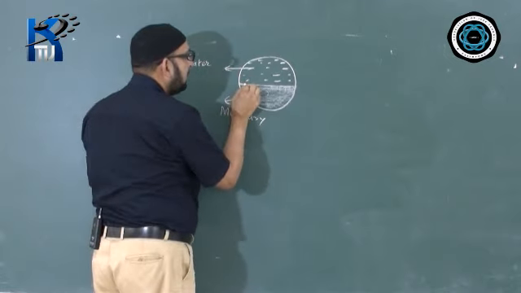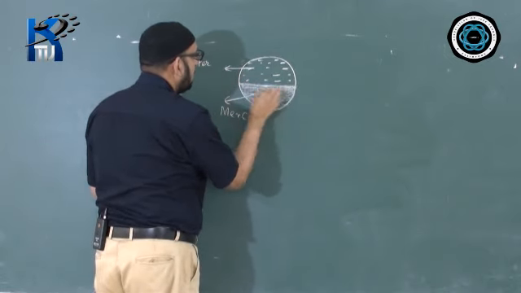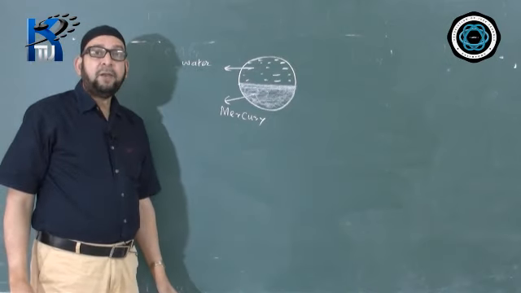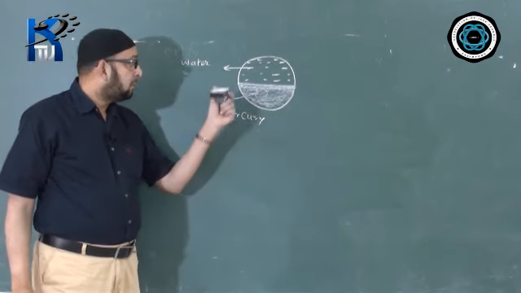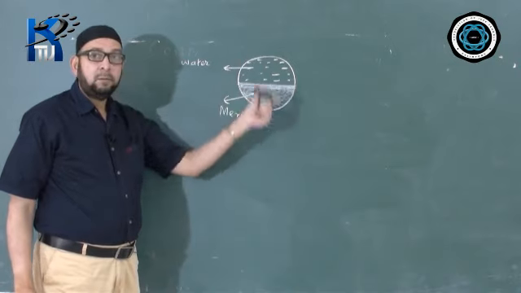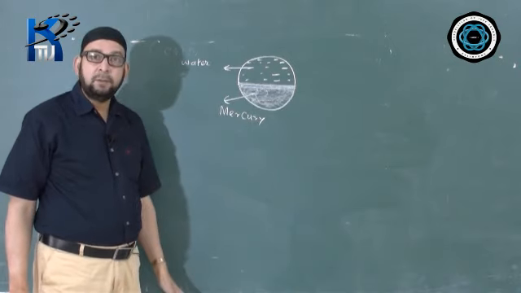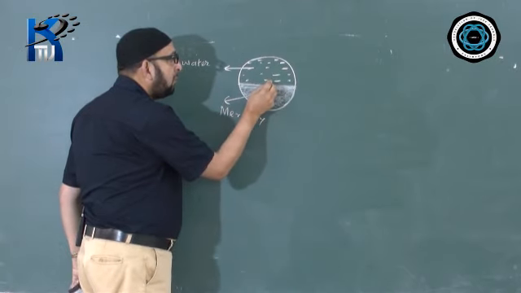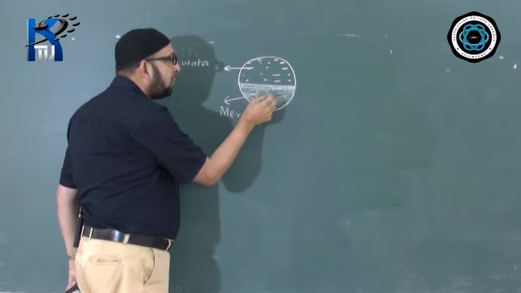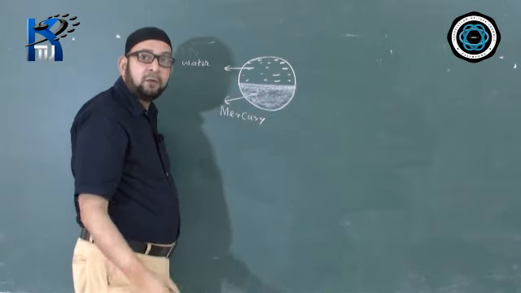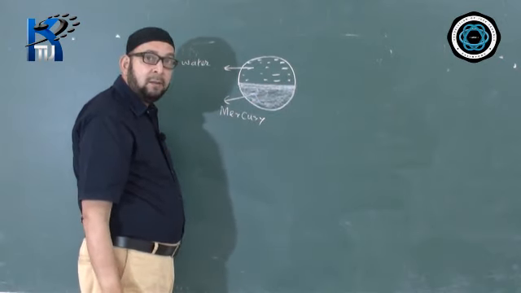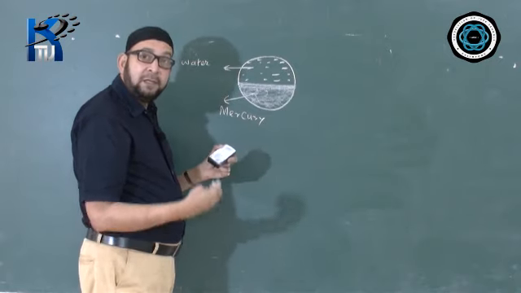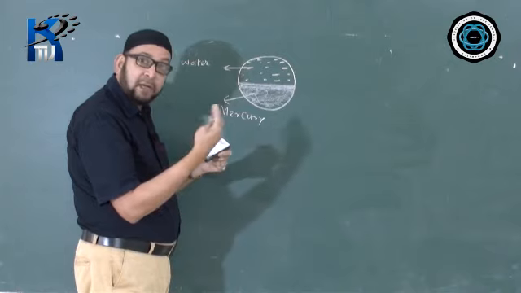Now the question may be, where will the CG of this ball be situated? Will that be situated exactly at the center, or above the center, or below the center in mercury? So where should it be situated? So what should be the answer for this? The CG will be situated on the heavier side, on the denser side.